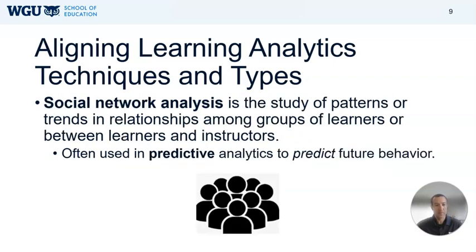We'll also use social network analysis here, where we're going to try to understand patterns that are showing themselves amongst groups. So a social group might be a class or a group of learners. How can we learn from this group and predict what might happen for future similar groups? And we'll use this social network analysis whenever we're comparing two groups of folks, or we might want to anticipate what's to come with another similar group that might be taking a training next week or next year. We can often look back and see if this is how a similar group performed, what can we predict might happen moving forward with another group.